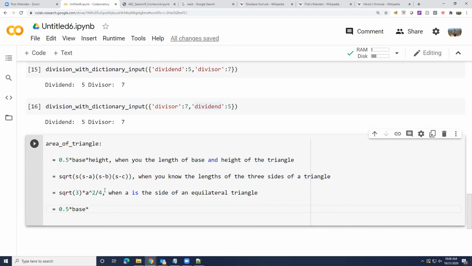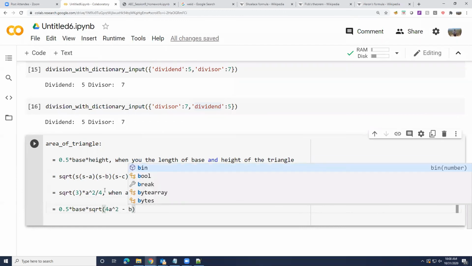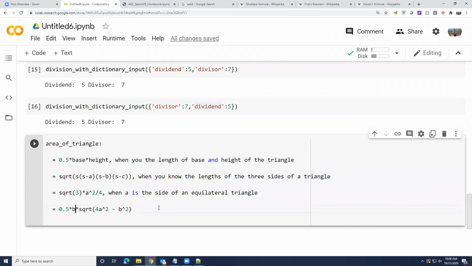You don't need to know the base and the other side or the other equal sides. Then it is something like this, square root of 4a square minus base square, where a is the equal side of the isosceles triangle and b is the length of the other side.